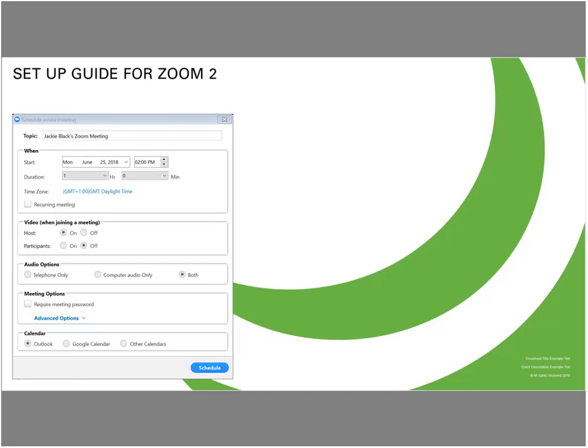Absolutely simple. It then sends a link to the person that you're wanting to book the meeting with on the next page when you go through, which sadly I forgot to put on. They then click that meeting link on the appropriate time and can join you very, very easily.